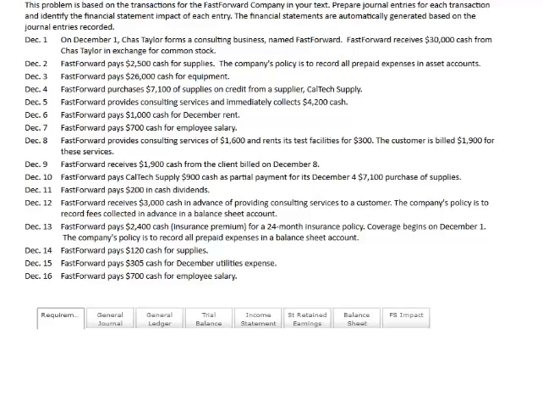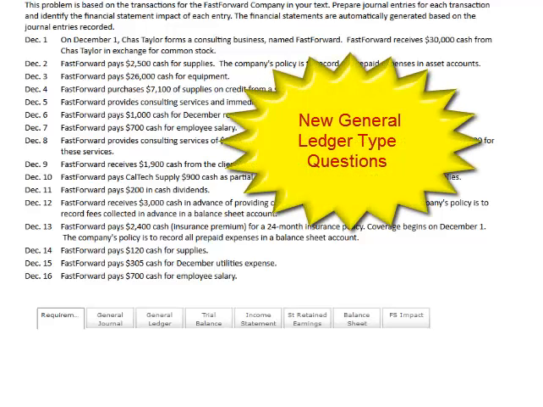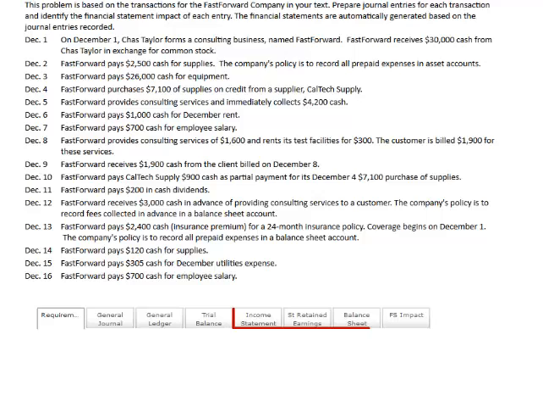One of the most important objectives of this course is to be able to understand how the financial statements are not only prepared, but how they evolve with each transaction. The creation of financial statements is a dynamic process. The new General Ledger questions within Connect allow you to see the dynamics. They allow us to not only construct the financial statements, but also deconstruct the financial statements back to the original